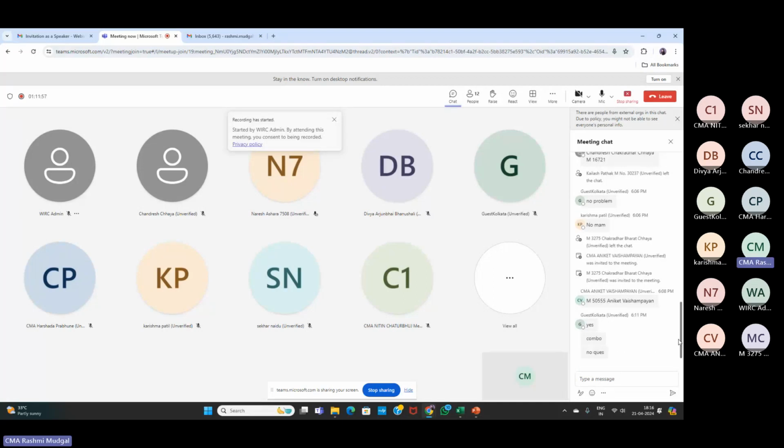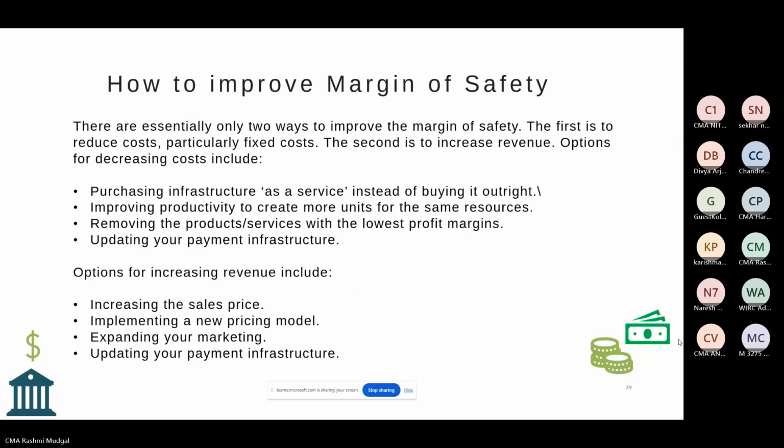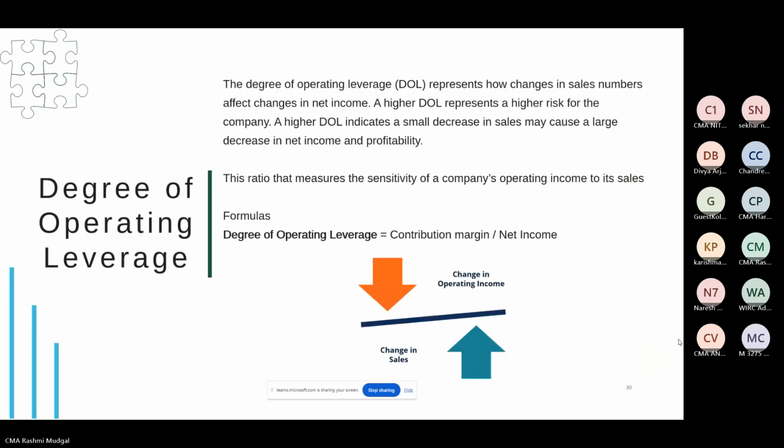Okay, let's move further with the degree of operating leverage. What is the degree of operating leverage? What they are saying is, if I change the sale, it can be amount, it can be volume, or if I am changing the operating leverage, where I am changing my capacity utilization, it will definitely increase or decrease my income. So it is interdependent on each other.